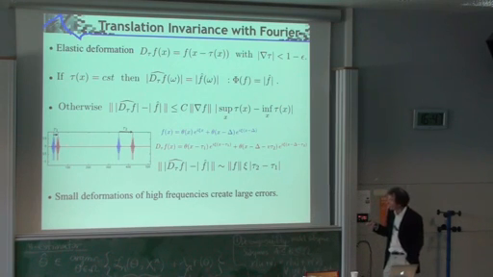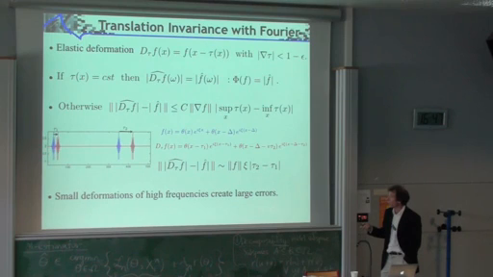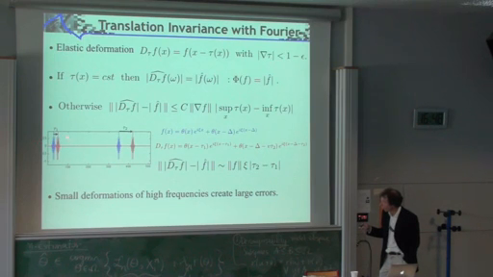You can see that in a very simple example. You have a function in blue here, which is the sum of two packets, one of high frequency here and one here. This function is deformed. That means it's not just translation. The blue packets go here. It's translated by tau 1, but the blue one here is translated by tau 2, which is larger than tau 1. If you look at the L2 distance between these two elements, you will have indeed the difference between tau